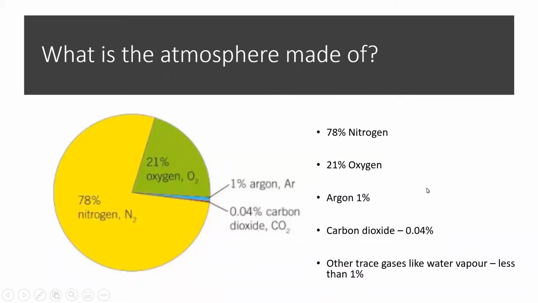Okay, so what is it made of to start off with? Mostly you've got nitrogen. Surprisingly, only 21% oxygen, so not as much oxygen as you might think there is. Then 1% argon, also known for being in light bulbs, because argon's very inert, so it doesn't react with anything. It doesn't really do much in our atmosphere, to be honest. It's just left over from the early Earth, which you might see in another lesson.